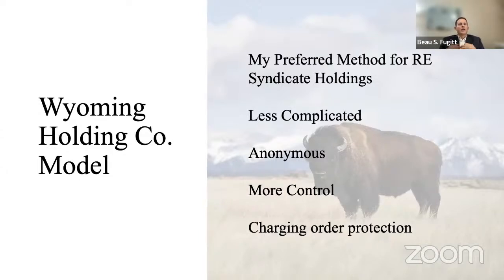So if I own a Wyoming LLC and I get sued and someone gets a charging order against me, that's their legal remedy, then they have the right to receive all the distributions that I make. But I, as the manager or whatever the management entity, have control over whether or not to make distributions. So that's fine. You have a judgment against me, but you're never going to get paid because I'm never going to make distributions.